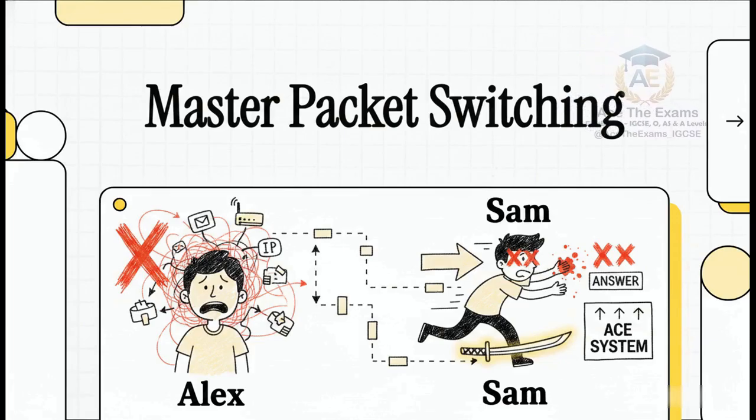I want you to picture a dynamic split screen in your mind right now. On one side, we have a student named Alex. Now, Alex works hard. Alex has memorized every single textbook definition of a router, an IP address, a payload, you name it. But